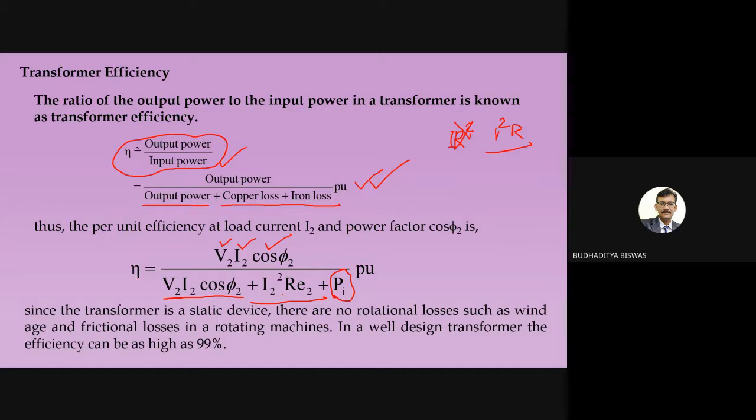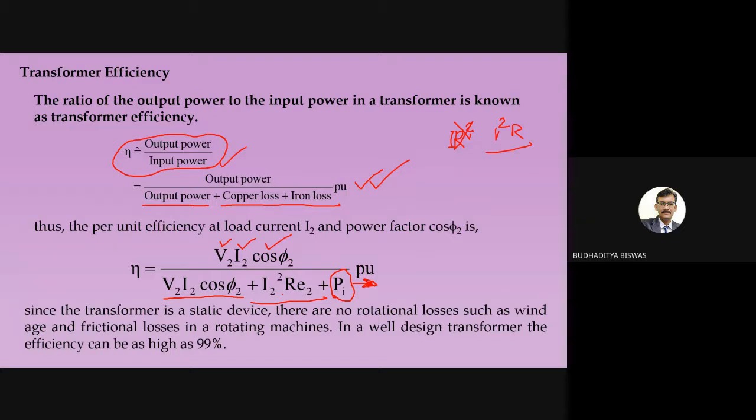People need to remember, don't worry about the iron loss. If it is asked in the question, then the iron loss value should be supplied. Sometimes it is in very easy English words, like the iron loss is this one. Sometimes it is a little bit modified, like during the open circuit test, the wattmeter gives this reading. So remember that during the open circuit test, whatever the wattmeter reading is, that is nothing but the iron loss. This type of modification can come in the exam, and you need to prepare yourself accordingly.